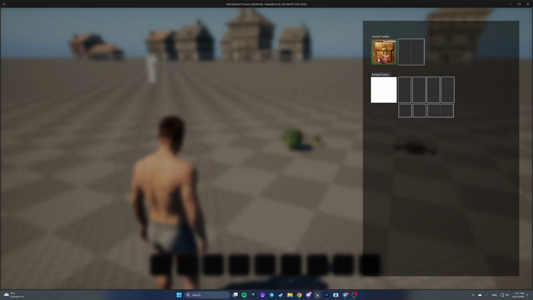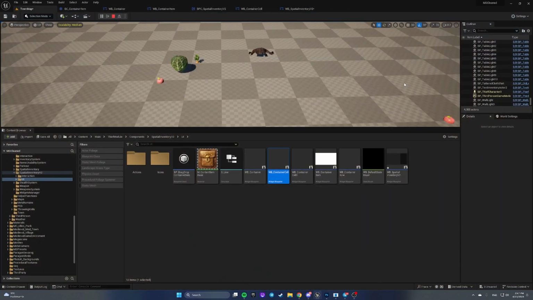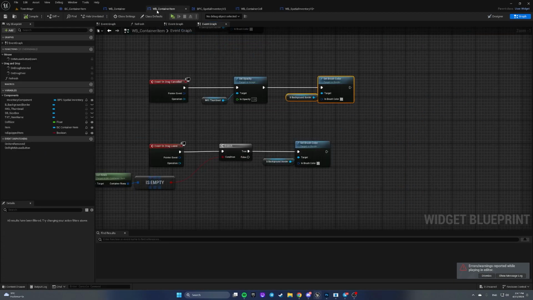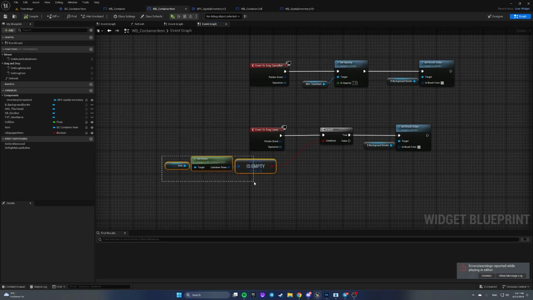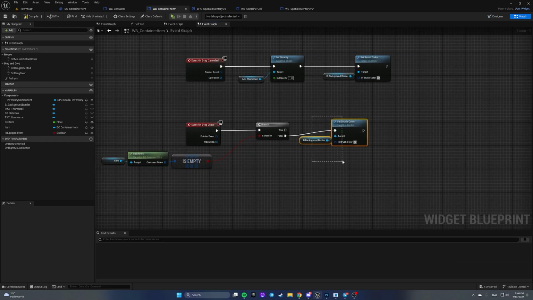So we can, well, looks like drag leave doesn't work, but for example, let's. Something is not working, and so if item get rows is empty, then we're doing nothing. So we have to set brush color to nothing when it is false here,